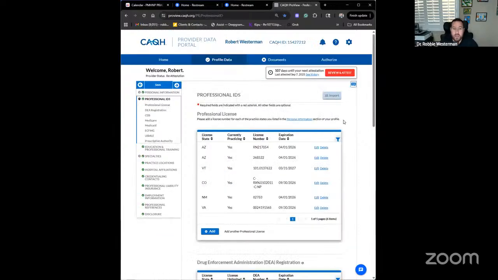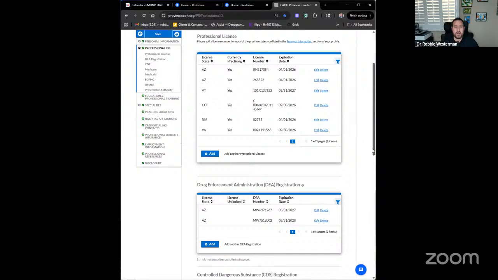Now we get into licensure, right? So what I do is I even put my RN licensure in there, and especially in my home state, because why not? I still got the license. I keep that there. And most of you guys, your RN license should expire in conjunction with your NP license. So I have all my licenses here, right, with the expiration dates, and you'll need to upload those into the documents section when we get to the end.